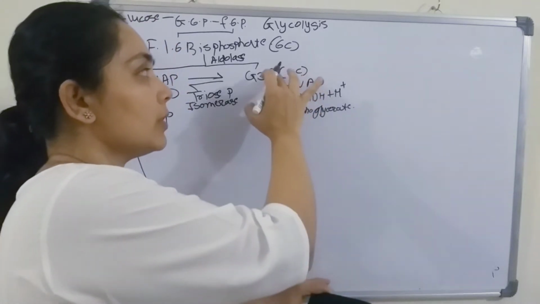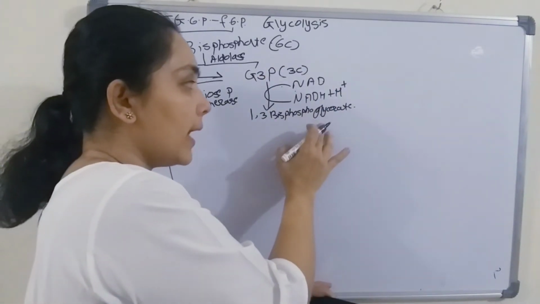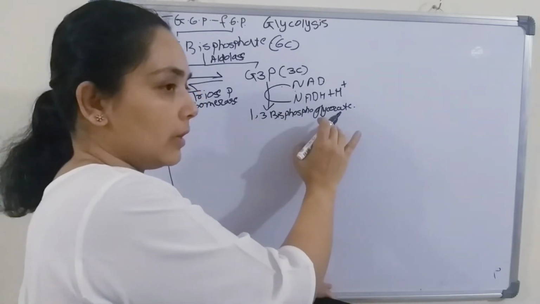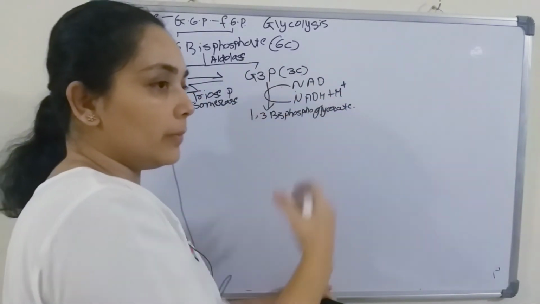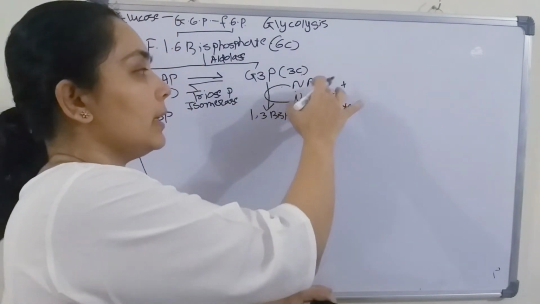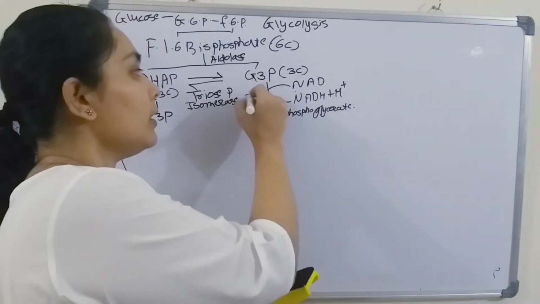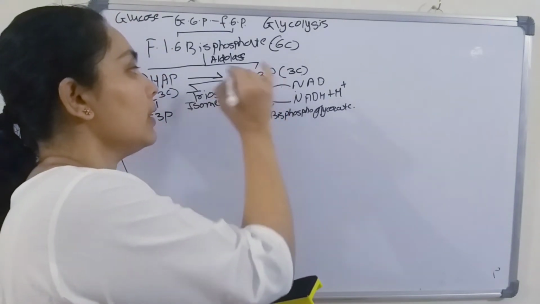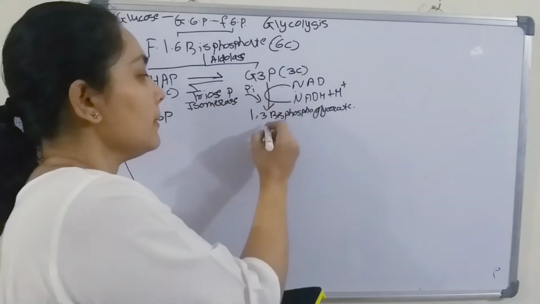Okay, so glyceraldehyde 3-phosphate is oxidizing to the acid 1,3-bisphosphoglycerate. So that means oxidizing means loss of electron, and that electron will be gained by NAD and form NADH plus H positive. One inorganic phosphate will add here at the first position, because already we are having, see, this is a 3-carbon compound,